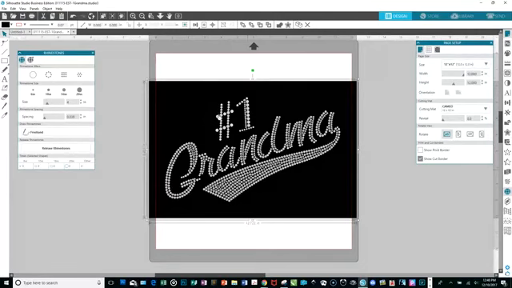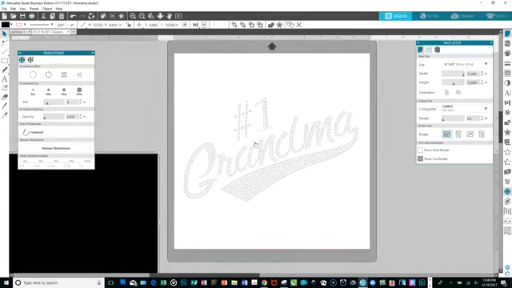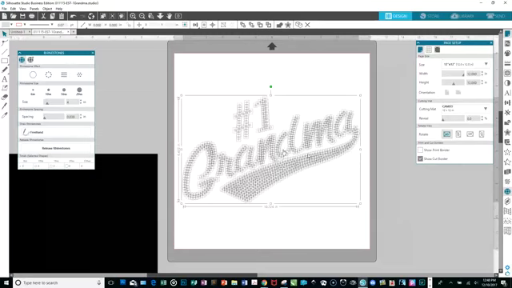Pay attention so you know that when you click off of it and drag this out of the way, you have loose stones here. So the first thing that I do is go back and highlight the whole thing, right click on it, and group it back together,